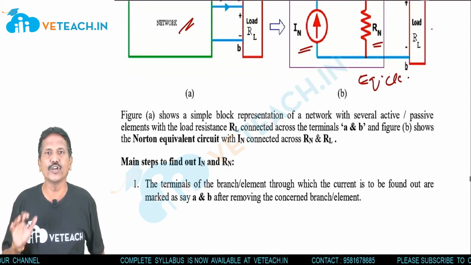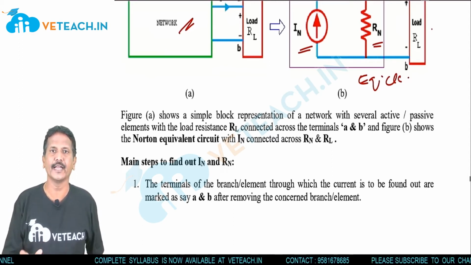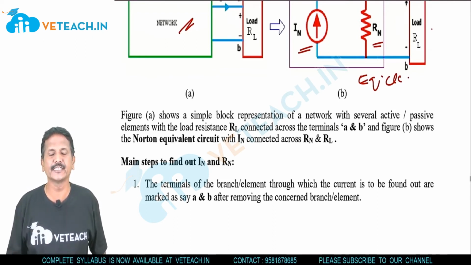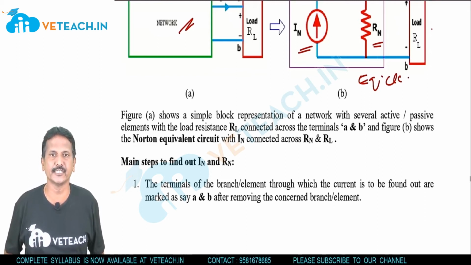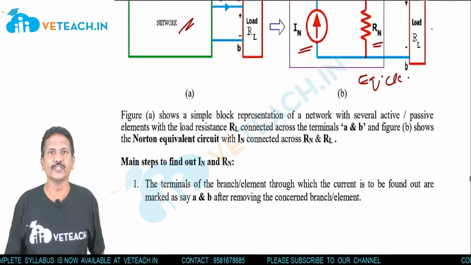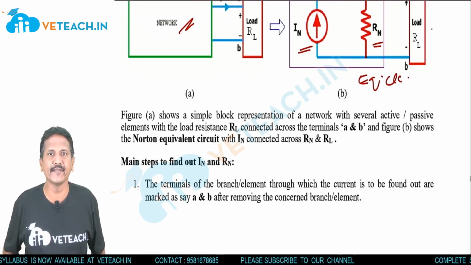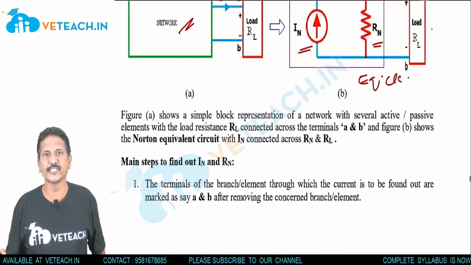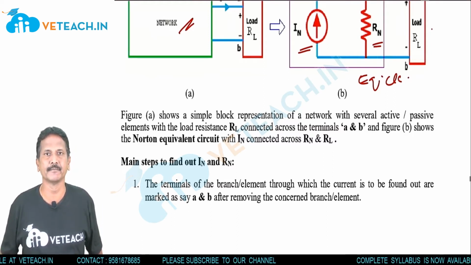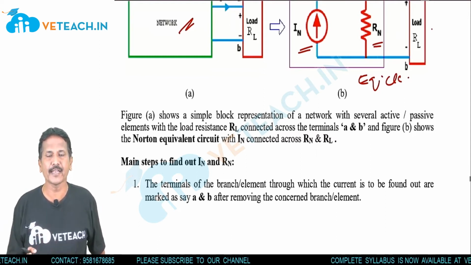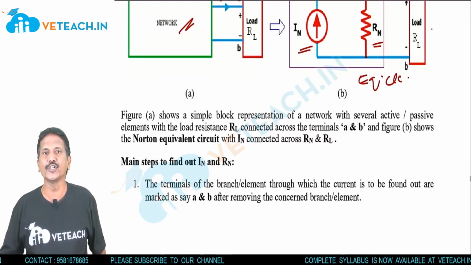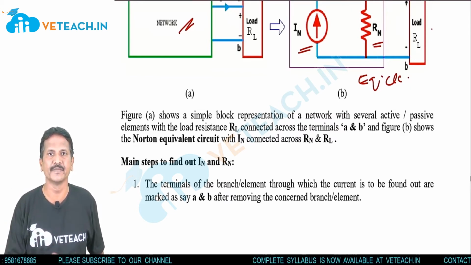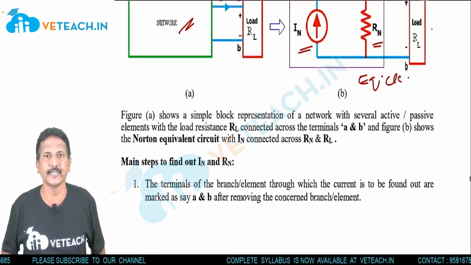Okay students, if you know Norton's current, and from that, again if a source is there, you have to find a new resistance value. That resistance value we are saying as Norton's resistance. You know IN, you know RN, then you have to draw the equivalent circuit diagram. So the current source in parallel with Norton's resistance across the load resistance. Norton's current in parallel with Norton's resistance across the load resistance. So across the load resistance you have to find the load current. That is our main intention in this theorem.